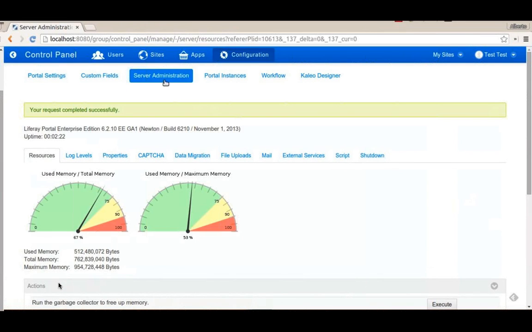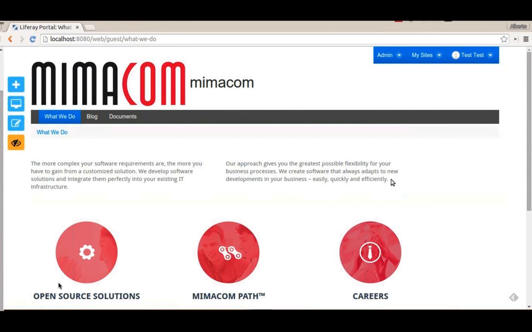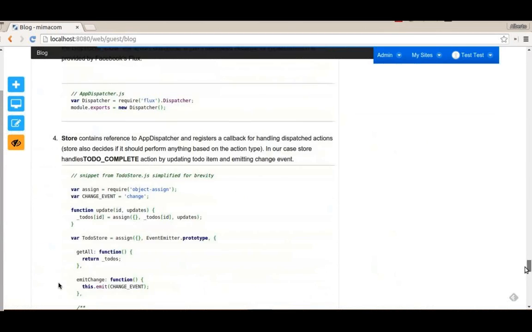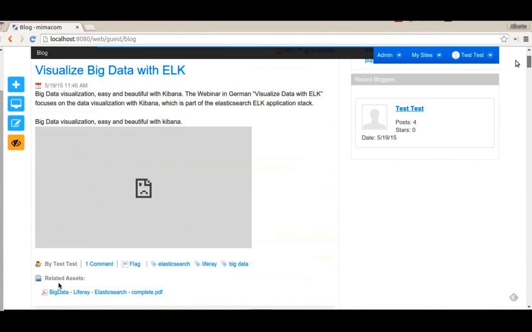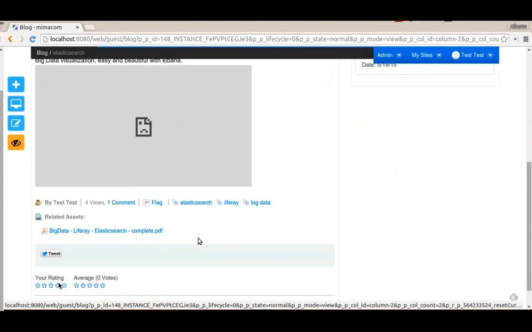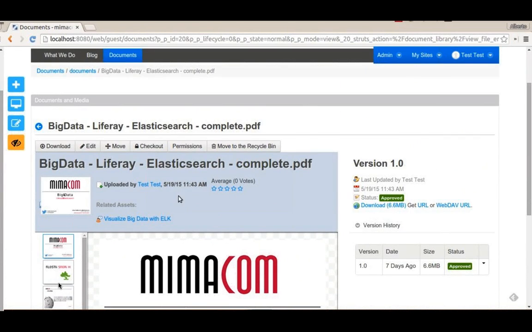As in the previous case, we will need to reindex all of our data, the search indexes for the database and documents and all the things. We have our user here, and we can browse the portal and we will see the same things, maybe with some difference in the look and feel, because we are using the classic theme, and the classic theme is different in this version, but the features and the functionalities are exactly the same. All the navigation by tags and the related documents and related blog entries, and everything